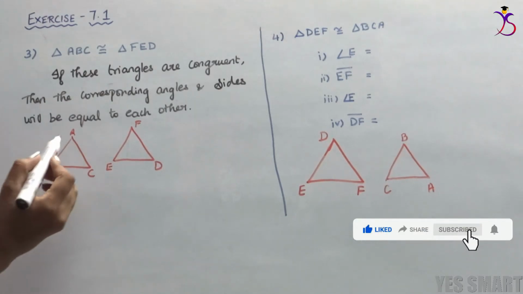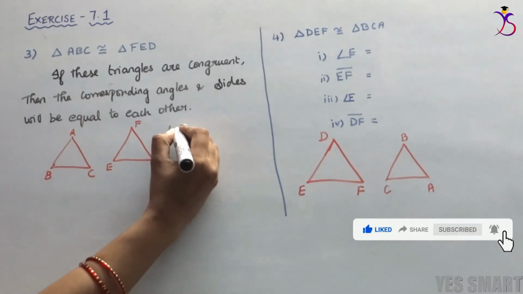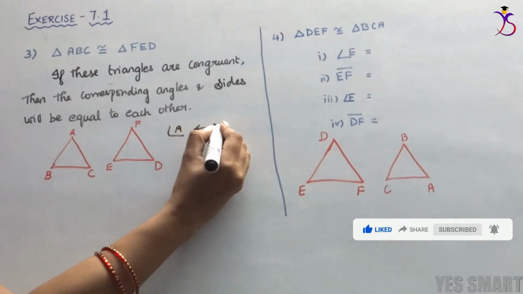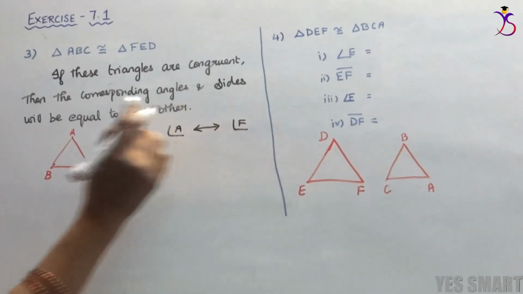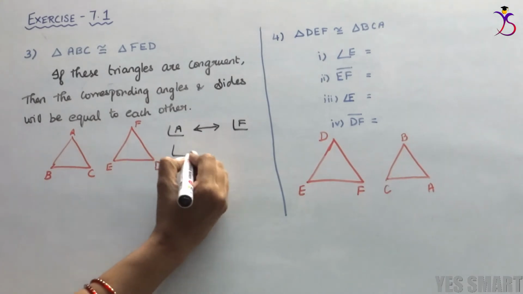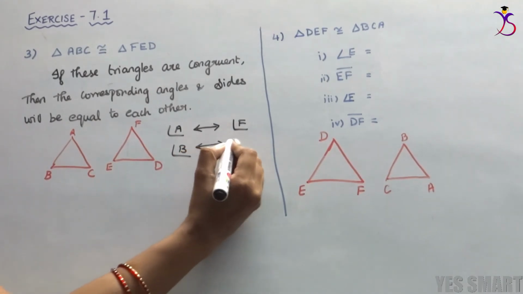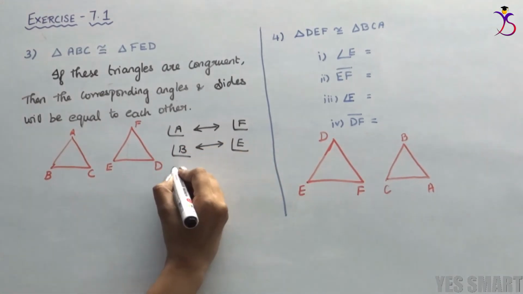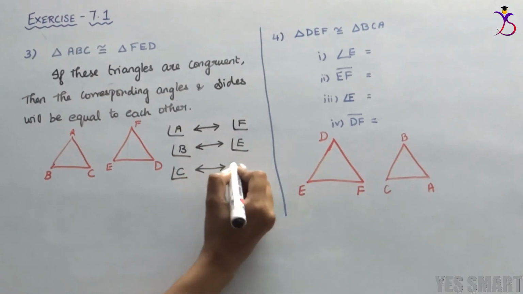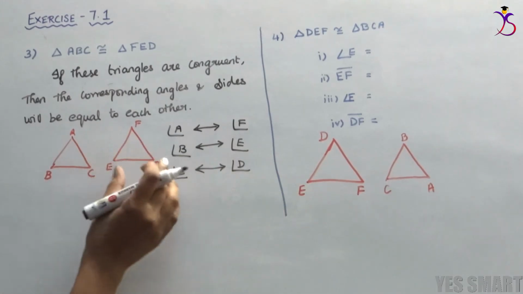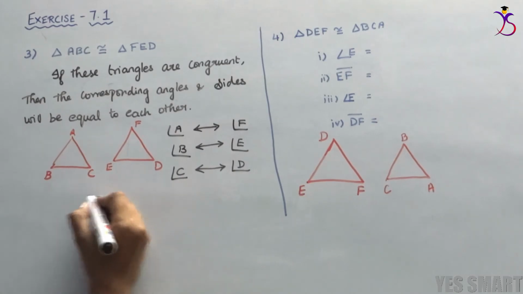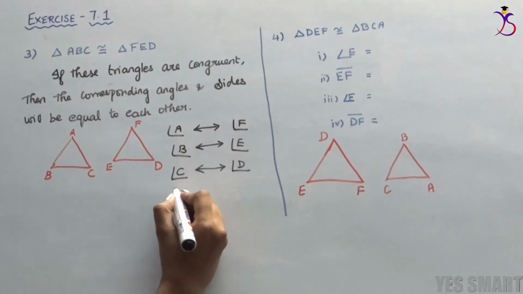So let's write the congruent parts. Angle A corresponds to angle F. Now angle B corresponds to angle E. Similarly, angle C is the corresponding angle to angle D. Now let's move on to sides. Side AB corresponds to